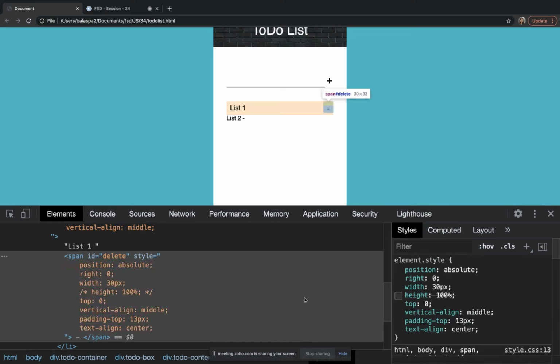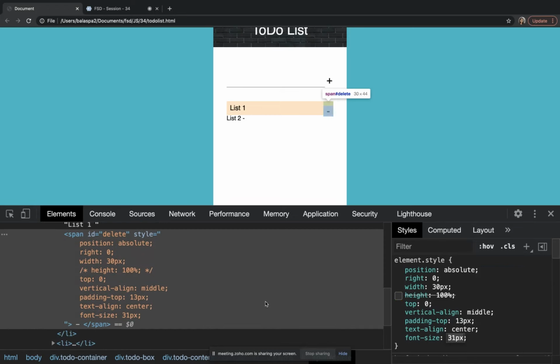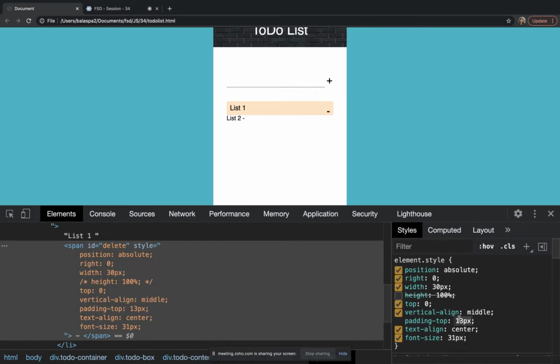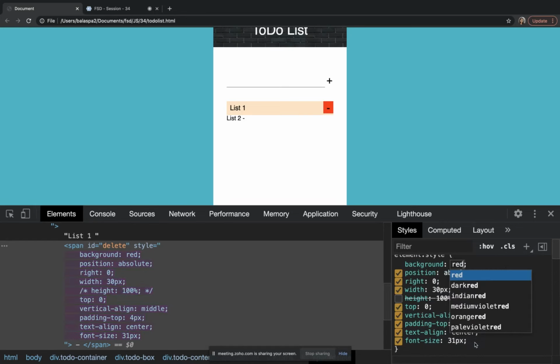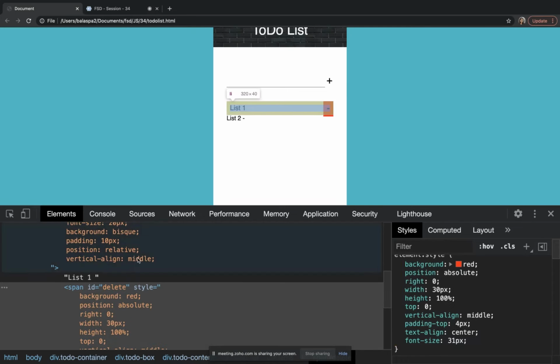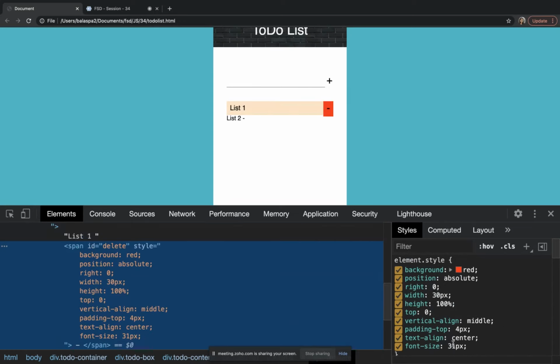Then I can make it center by using the display flex property also, but I'm just giving padding here for the time concern. Background. Let me add the same height of this box, 40. So here I'm going to give height 40 pixel.